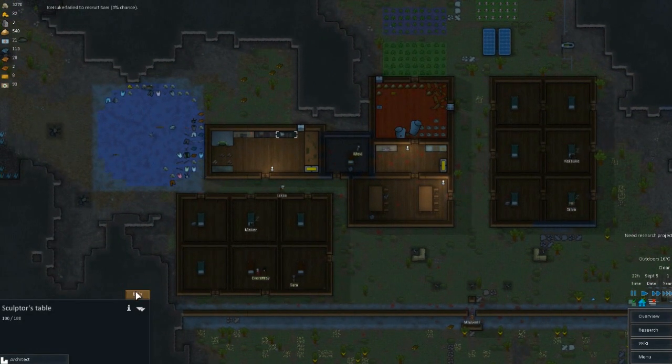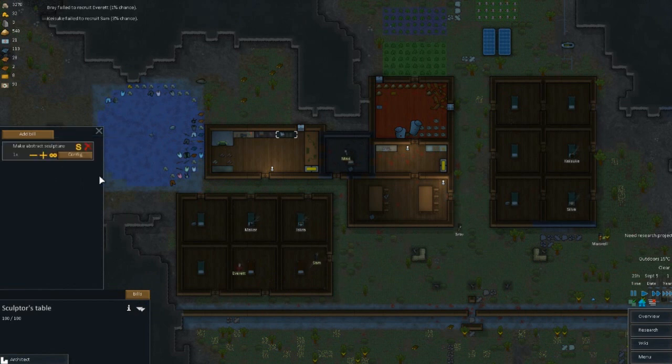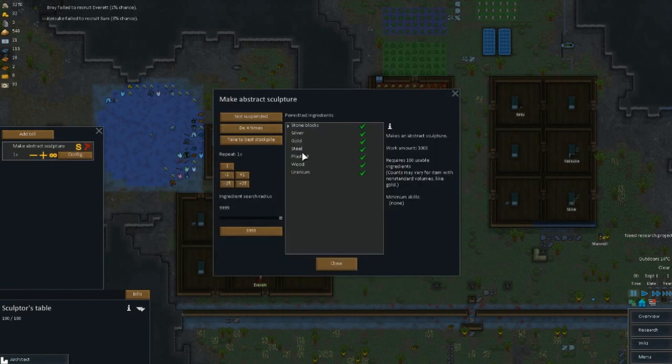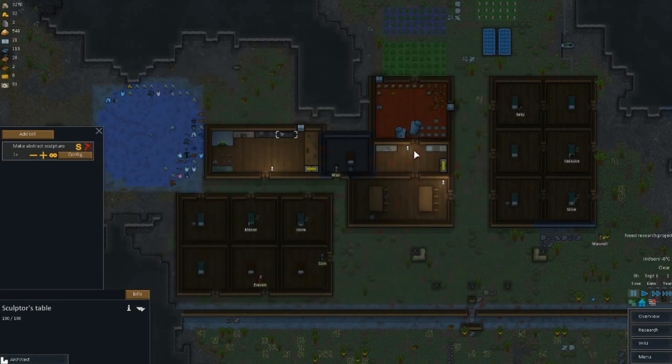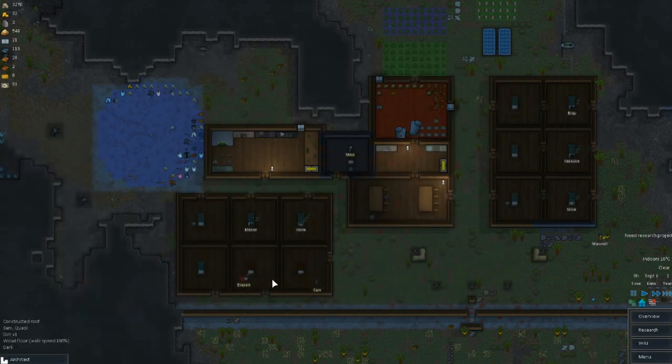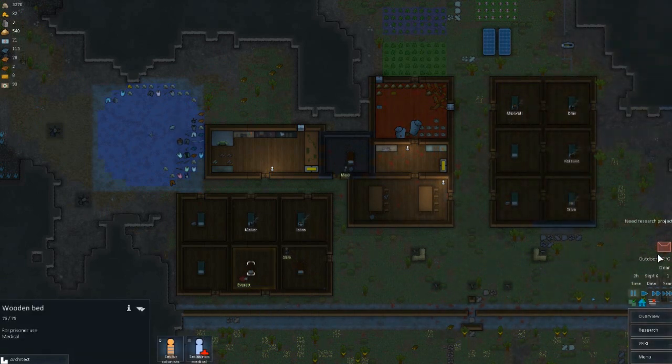And we're actually going to go to the sculptor's table, add a build, make abstract sculpture. What we want to make this out of is only stone. And this isn't the best thing to make this stuff out of. You'll obviously sell it for less than if you made it out of something nice, but actually we have no one who's good at art, so let's just turn that off. Let's not worry about that. Okay, so we've got that available, but no one's doing it. I like how Everett over here is just falling asleep beside the floor there, but